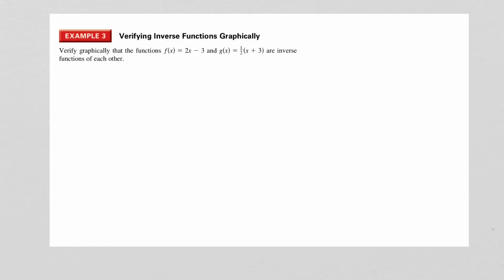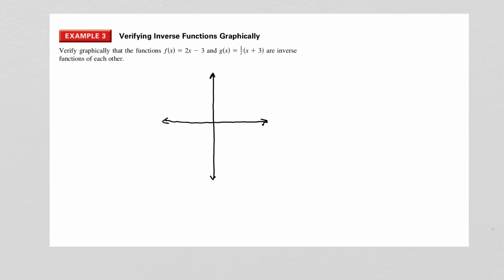All right, so let's take a look at this graphically. So I'm going to verify that these two functions, f and g, are inverse functions of each other graphically. These are both just lines, so this shouldn't be too difficult. To graph a line, we really just need 2 points, right? And then we can draw a straight line through those 2 points. Now, how accurate I can make this freehand is another question, but